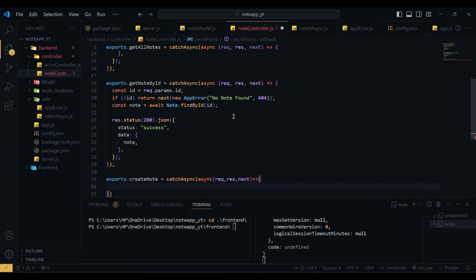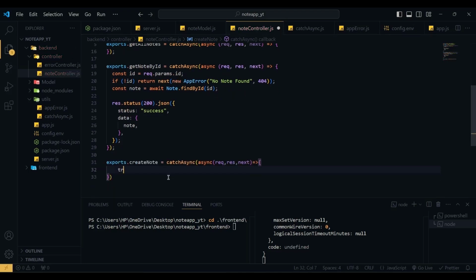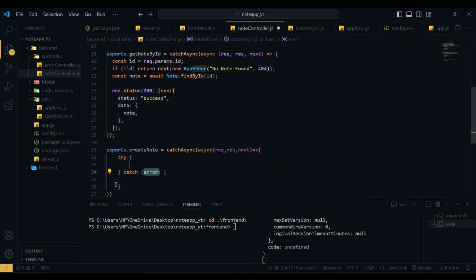And if you do not use this catchAsync, you have to do this: try catch, then add your logic here, then handle the error here. But using this catchAsync, we can replace this try catch, and we do not need to use the try catch here. Now in the create node, we are going to get a title and a content from request.body,